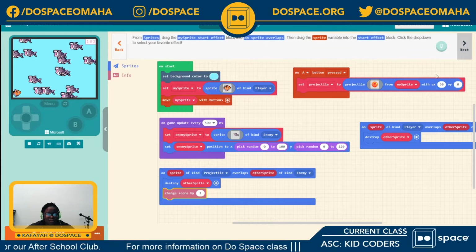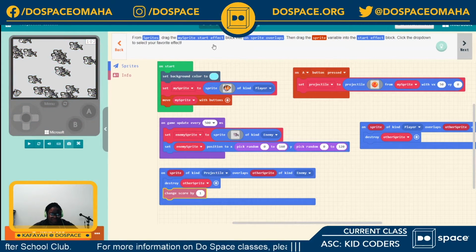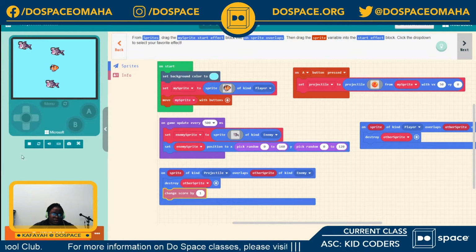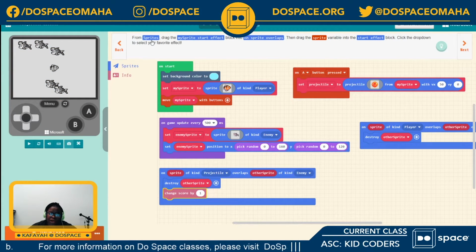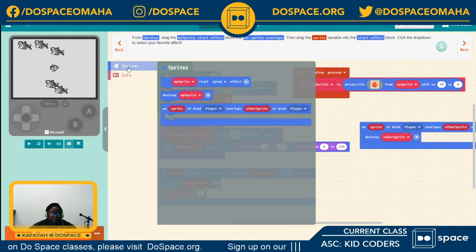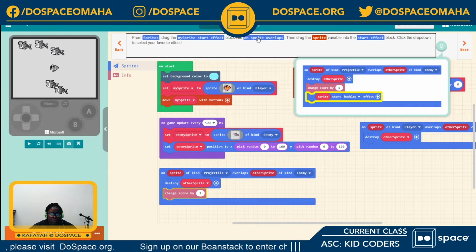And the next thing to do here is from sprites, drag the my sprite effect block into. I thought I did that. Okay. From sprites, my sprite effect block into.